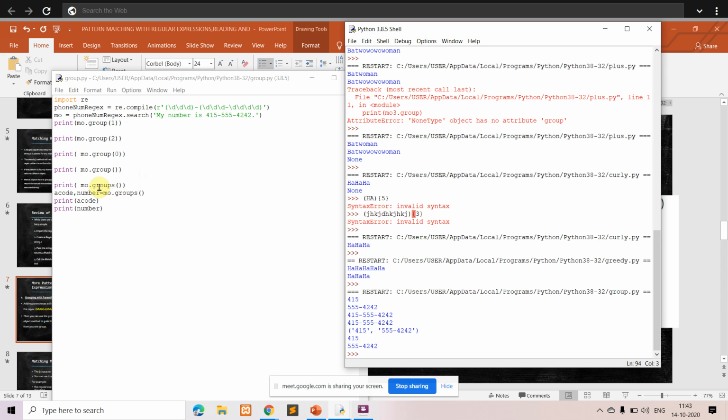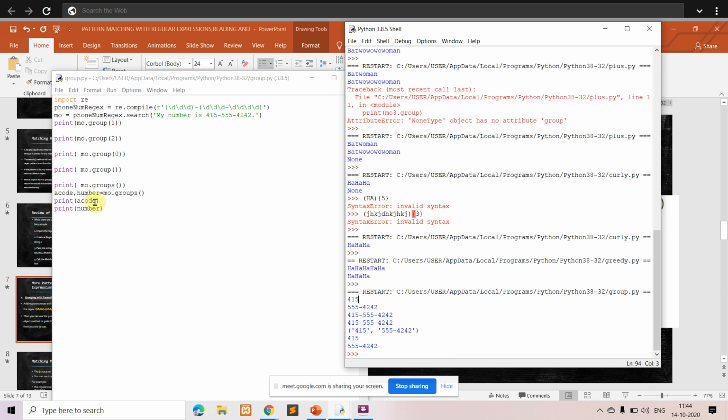And the next thing is what we spoke about, groups. When you say groups, it retrieves all the groups, displayed in the form of groups. So 415 is the first group, and 555-4242 is the next group. That is what groups is going to do, that is, display all the groups.